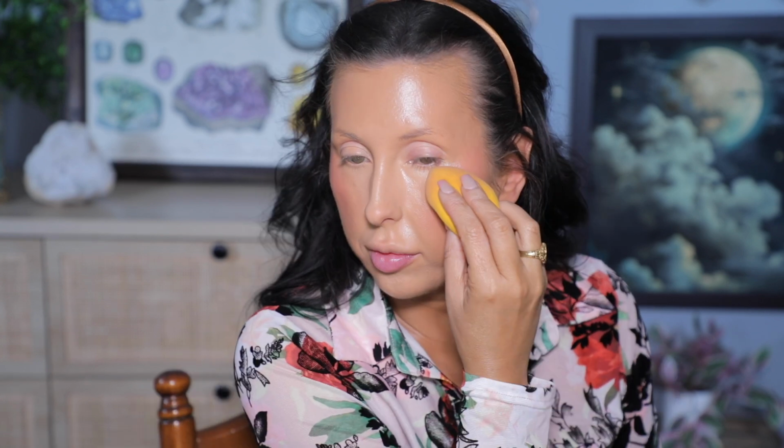Is that not such a pretty color? Oh, that is really pretty. That's giving me the sun-kissed vibes that I wanted. Yes, okay. Now we'll go back to the shade and illuminate, and I want to put my fingers in this one because I haven't yet, and it does not look like there is a ton of color to this. So I'm kind of curious if this is just gonna give me more of a wet look. I'm gonna pounce it on with my finger first, and then kind of go over with my sponge to make the highlighter look very seamless. It's hard to tell because my face is unset, but it doesn't really look like it's done a lot, does it? It really doesn't look like it's done anything